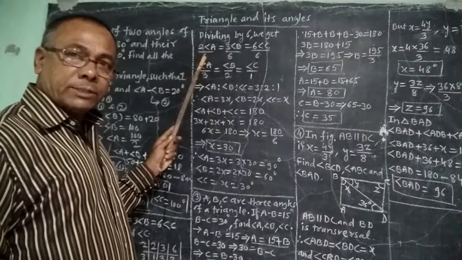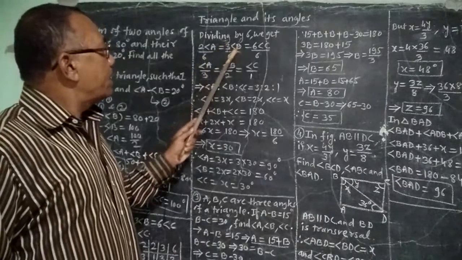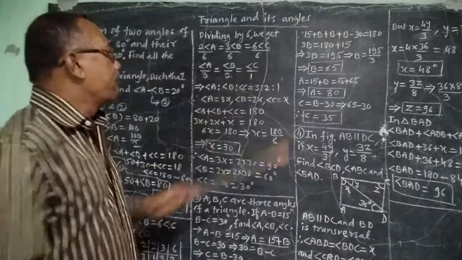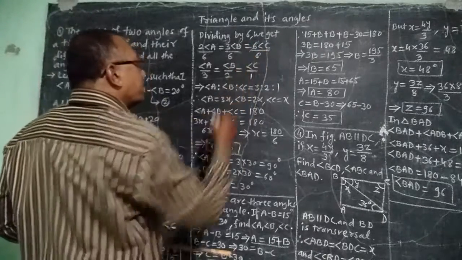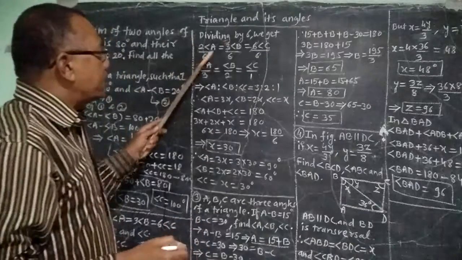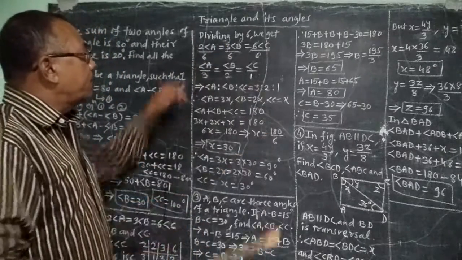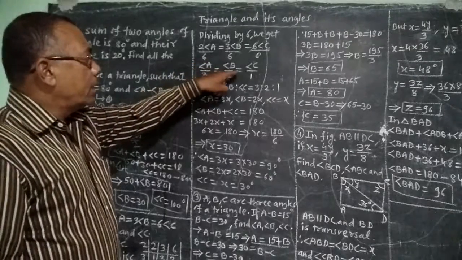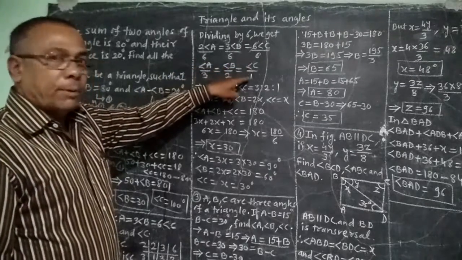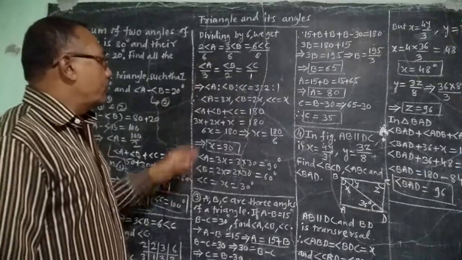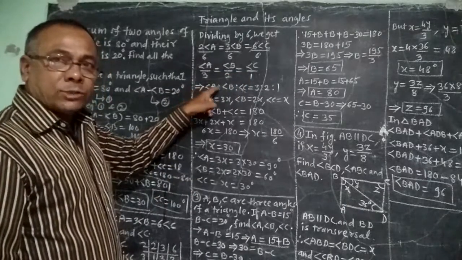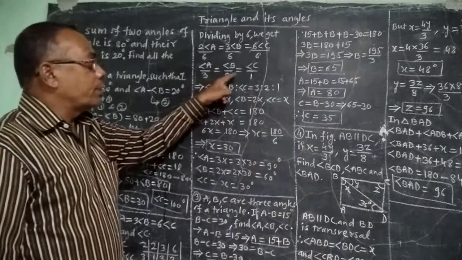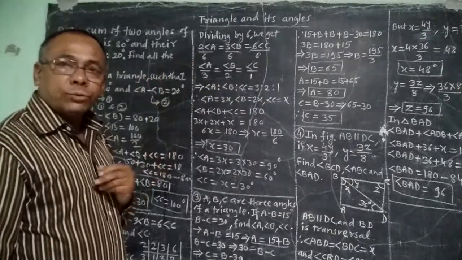Here I have divided by 6, so angle A upon 6 is equal to 3, angle B upon 6, and angle C upon 6. Here 6 will get cancelled. Here 2 1s are 2, 3 1s are 3, 3 2s are 6. So it will be angle A upon 3 is equal to angle B upon 2, and that is equal to angle C upon 1. In this way we can write angle A as to angle B as to angle C is equal to 3 as to 2 as to 1. So that is the ratio.